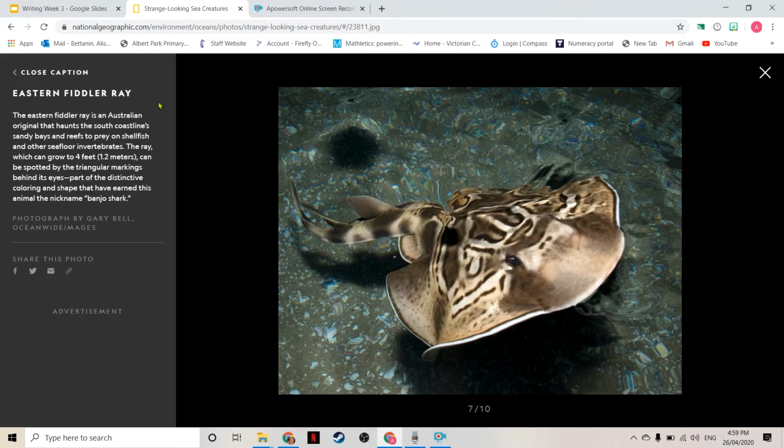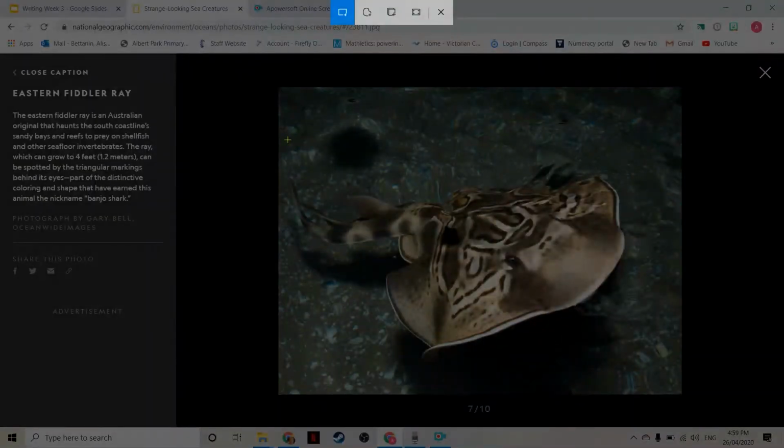Now, I could draw a picture of it to use later to help me with my plan for my text, or I could create one electronically. I'm going to show you how to do that now. What you'll need is a snipping tool. Now, if you're using a Windows machine like I am, you can bring up a snipping tool by simply pressing Windows Shift S. And then you can click and drag